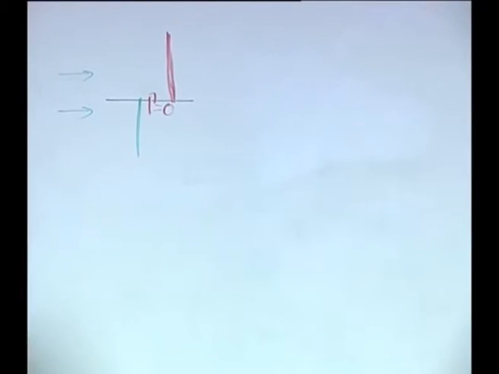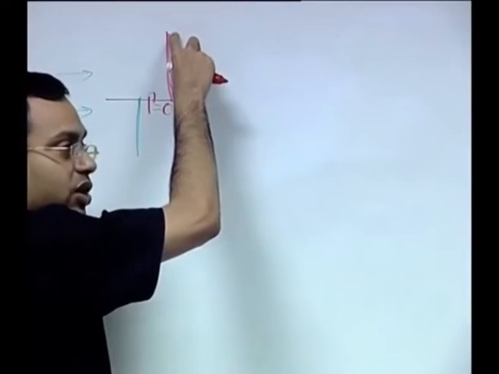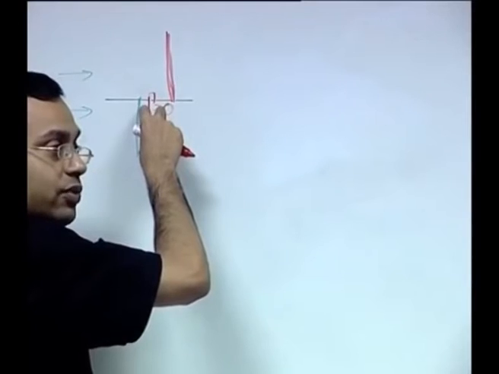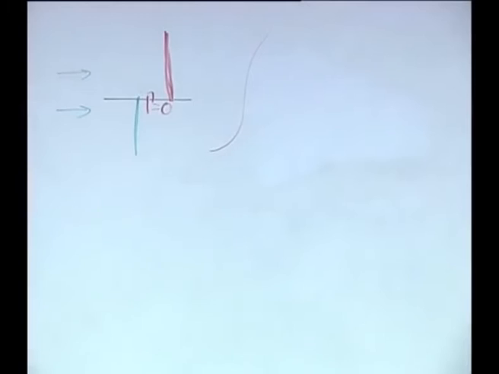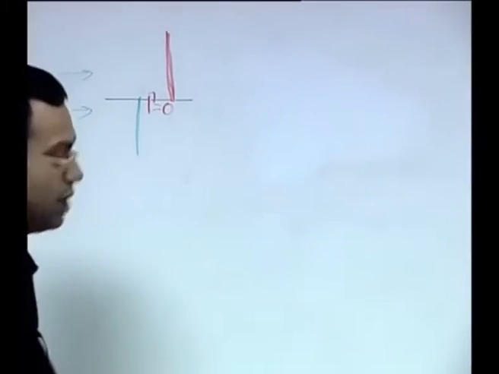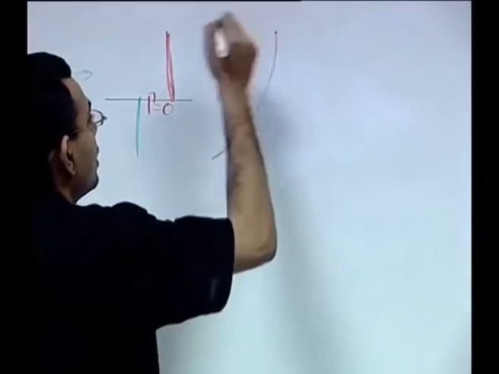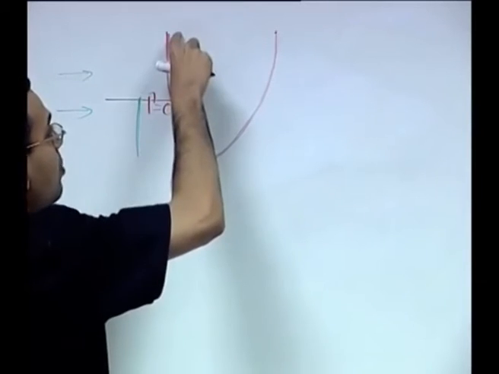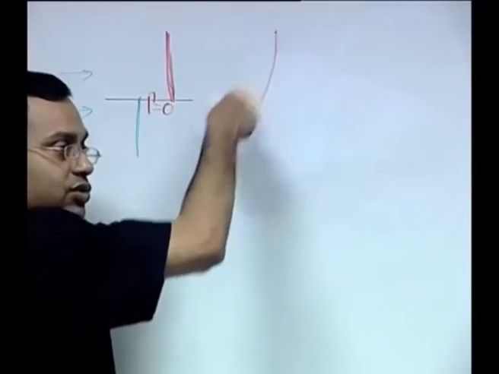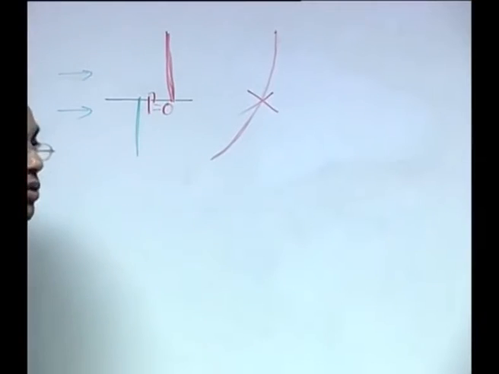So if they cannot mix, the temperature profile is expected to remain uniform for the top fluid and uniform for the bottom fluid. If they were allowed to mix, it may not be exactly this, but you would have the temperature of the lower fluid increasing a bit and the temperature of the upper fluid decreasing a bit, because they are mixing with each other. But this is not the correct case when the diffusion coefficient is equal to 0.